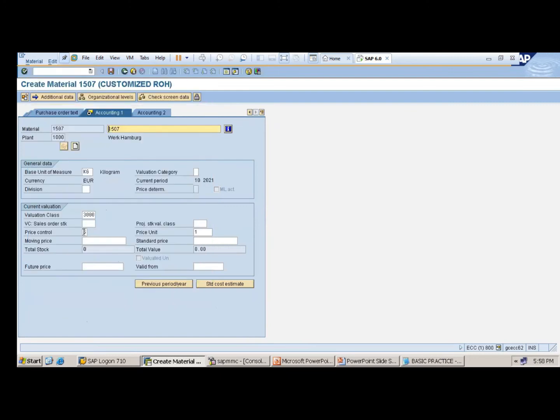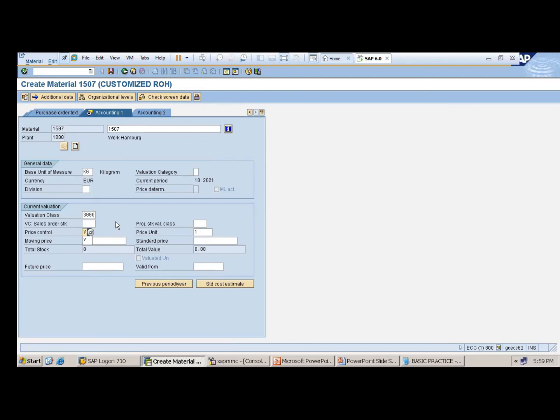But I don't want this optional, like SRV. Instead of entering SRV manually, the system should take it whenever I choose the raw material ZROH. Price control must be V only.